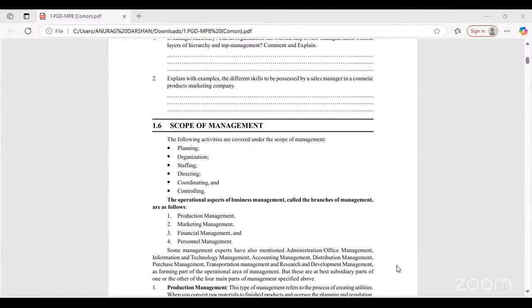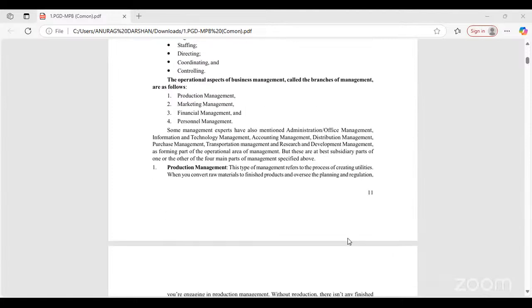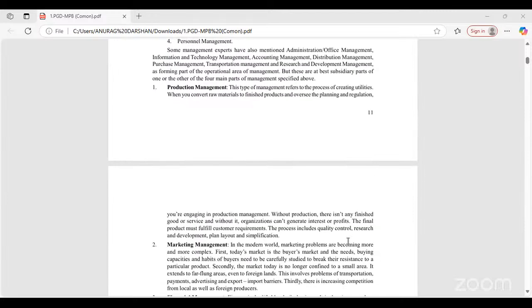And the operational aspects of business management are called the branches of management. So what are the branches of management? It can be production management, marketing management, financial management, personal management. So what is production management? The type of management which refers to the process of creating utilities. Now, what do you mean by a utility? Utility is nothing but